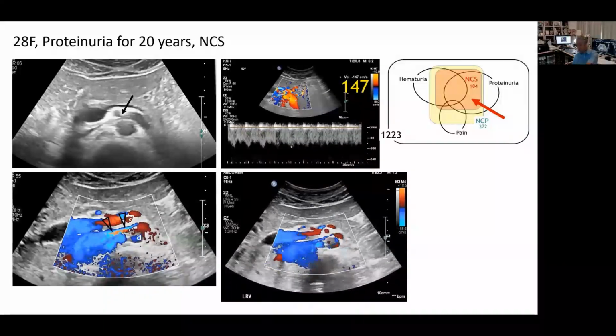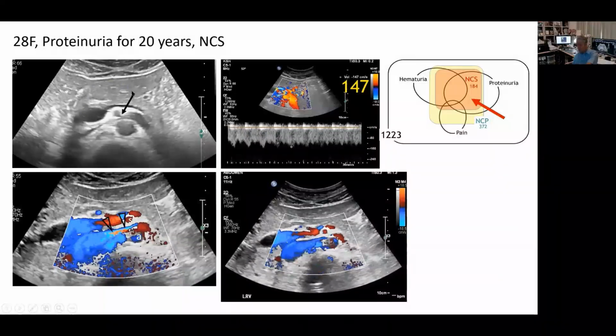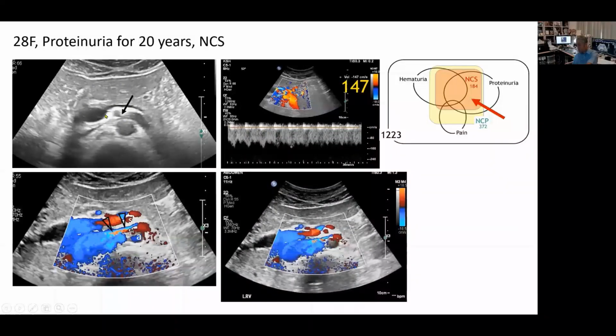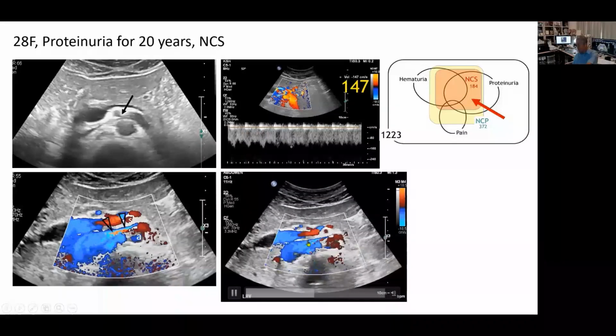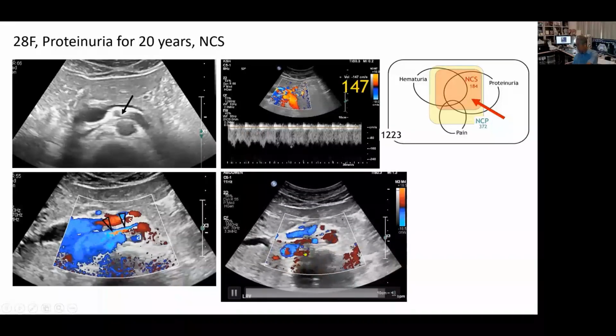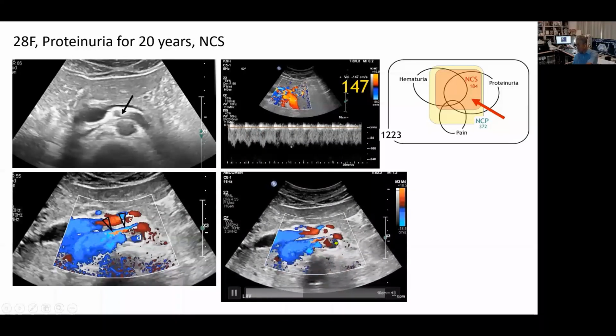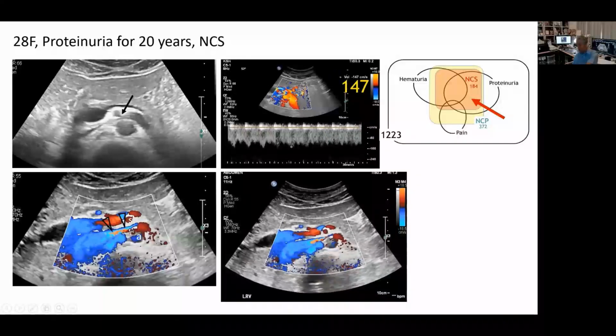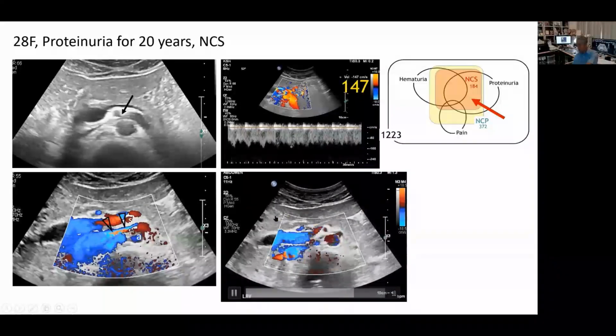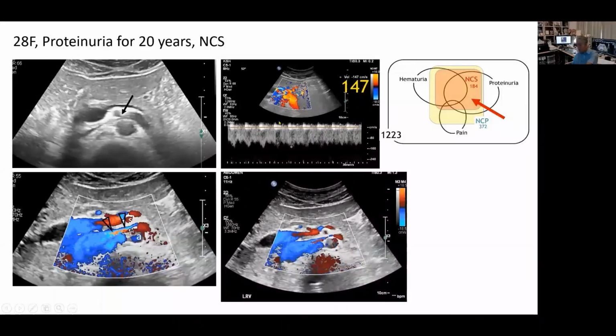The grayscale ultrasound shows narrowing of the aortomesenteric left renal vein, and the color Doppler ultrasound well shows jetting of bright colored flow from the narrowed aortomesenteric left renal vein, and the peak flow velocity was 147 centimeters per second. This is a case of Nutcracker syndrome, and this case belongs to this area of the diagram,